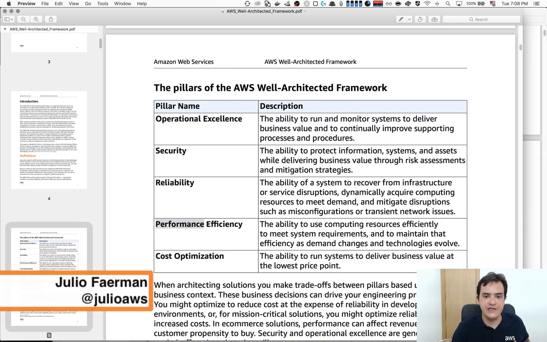Performance efficiency will show us that this is performance efficiency not only in terms of the app, but also in terms of the whole process. So how to select the best compute process. For example, we have several compute solutions, and